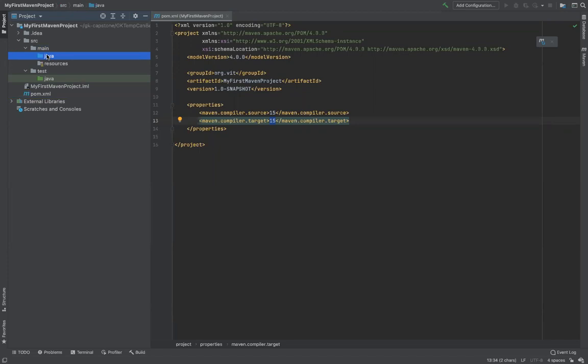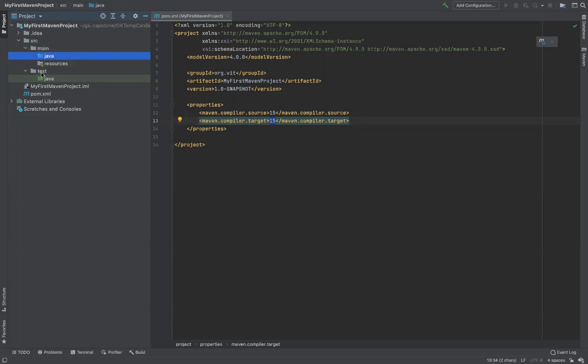If it is a part of the main program but not a Java file, then you have to put it inside resources. That is any text file, .properties file, XML files, JSON files, whatever file which is not ending with .java and is part of the main program, goes inside resources. Any file which is ending with .java and dealing with the main program goes inside java.